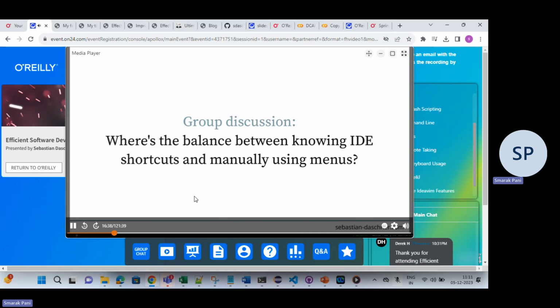Well, my point is, for the ones that you use all the time, you might want to spend some effort to just learn them, even sometimes by heart if it's something really common, like renaming an identifier or extracting a method or variable, something that we use all the time, where you learn the shortcut. But then something sophisticated, like, I don't know, replacing inheritance with delegation or something like that. There is a feature like this in IntelliJ where you might want to use the menu or search for it, because probably you don't remember that shortcut if you use it once a year, or very seldom. So that's that. I think this is a balance where it might make sense.